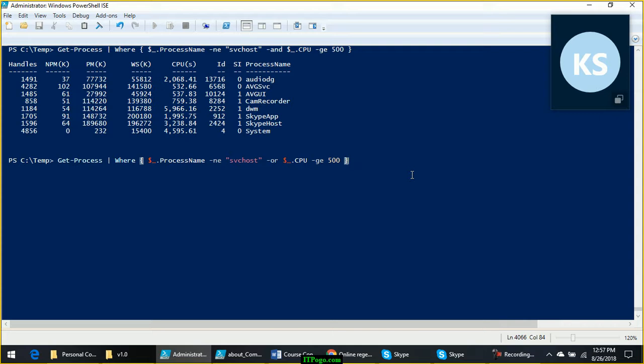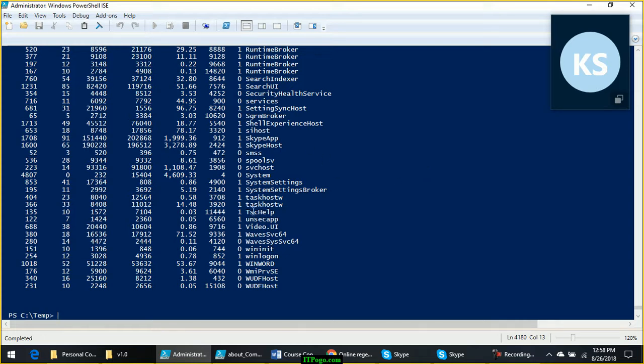Now this time you will see more results because there might be a few SVC host processes where the CPU is greater than 500, right? And there might be a few processes where the CPU might be less than 500 but the name is not equal to SVC host. So either this condition should be true or this condition should be true.